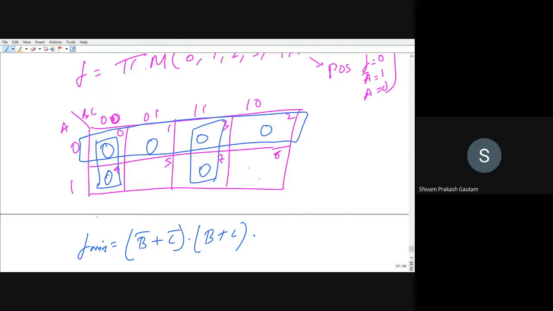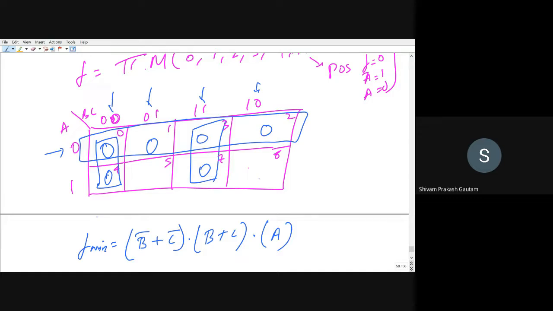And tell me here what is common. If you see row wise, A is 0. 0 means A. Plus, is there anything else? If you see column wise, 4 columns are included. Is there any common variable column wise? No, because nothing is common. Somewhere B is 1, somewhere B is 0, somewhere C is 1, C is 0. So nothing is common. So only A is there. So this is the reduced expression that we have got.